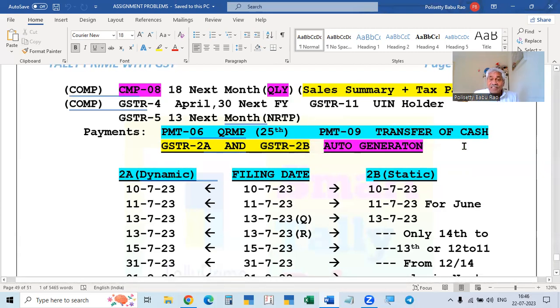That is why this is called 2B: it contains the information up to the last date for filing the return. That's why this is called the statement of ITC. On the basis of this 2B only,